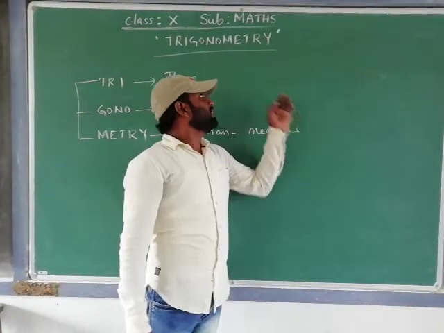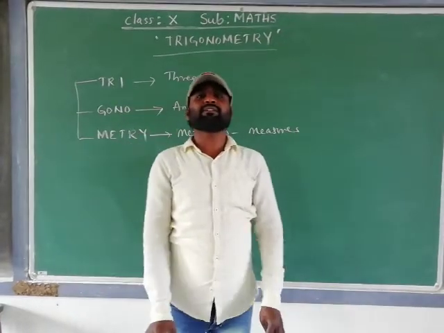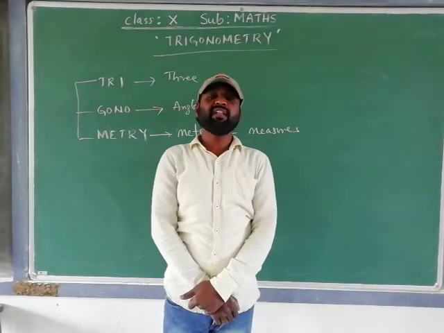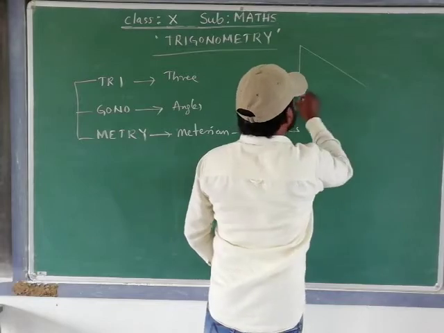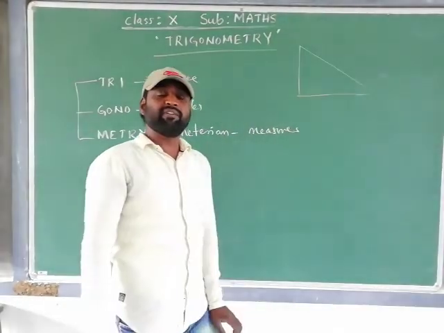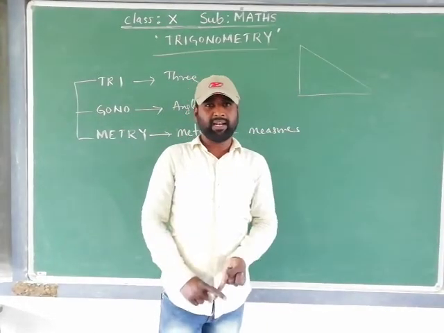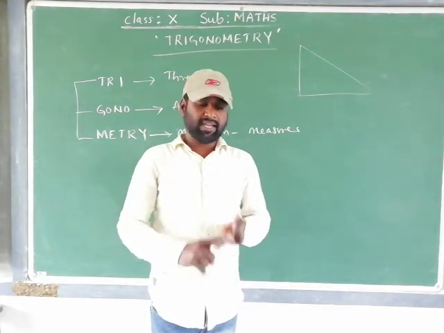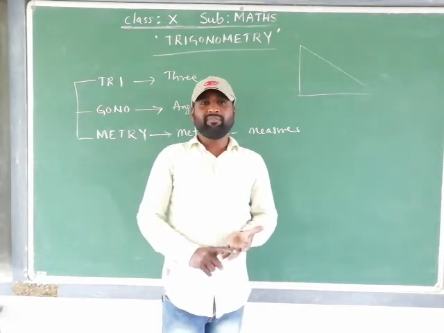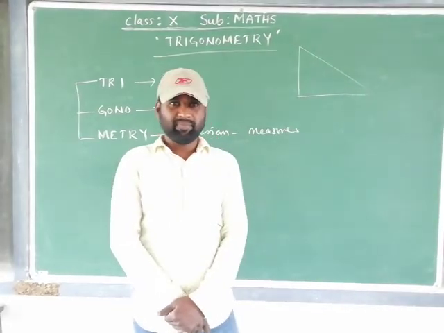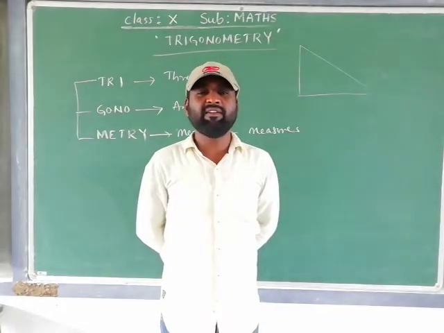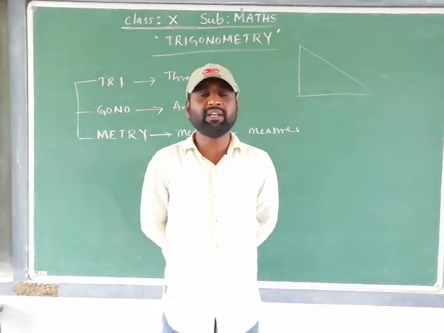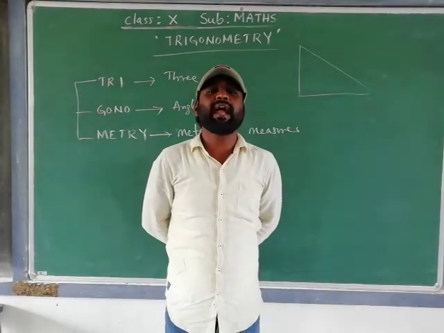This trigonometry deals with measures of 3 angles. Where can we have 3 angles? In a triangle only. A triangle will have 3 angles. But which type of triangle will we deal with here? Not the scalene triangle, not the isosceles triangle, not the equilateral triangle. We go for the right angle triangle only. Total trigonometry is based on the right angle triangle only. Whenever you deal with a trigonometry question, it is related to a right angle triangle only.